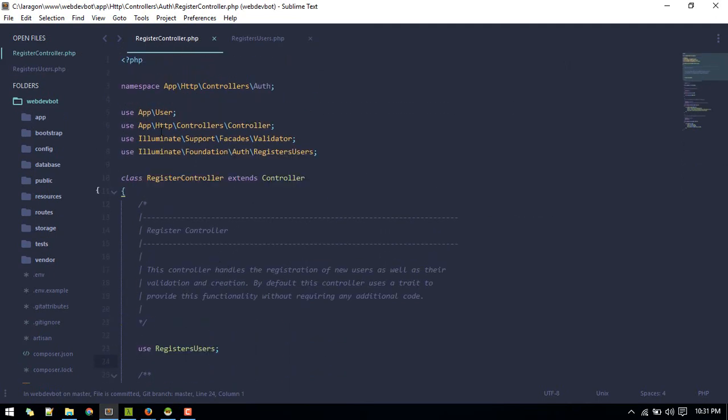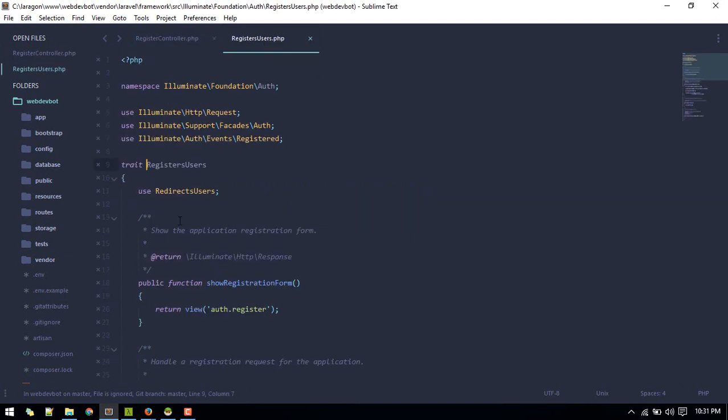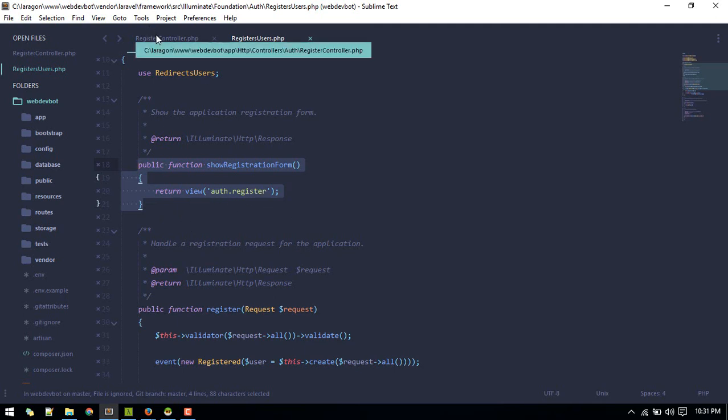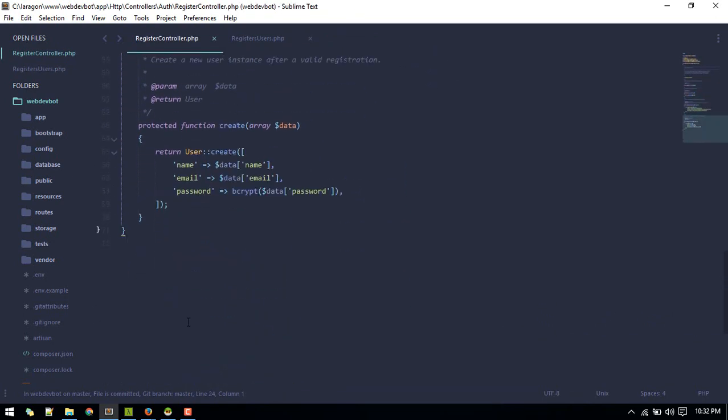Okay, so here if we go to this RegistersUsers trait, you'll see there is a method named showRegistrationForm. So this is generally showing the register view, so we want to override this method in our controller. So let's go all the way down